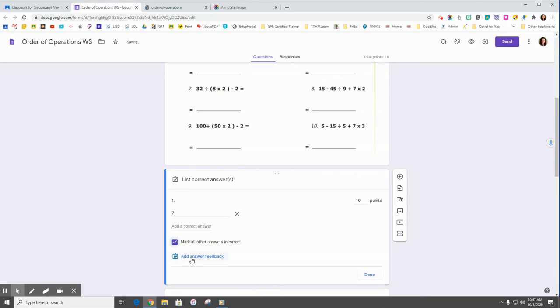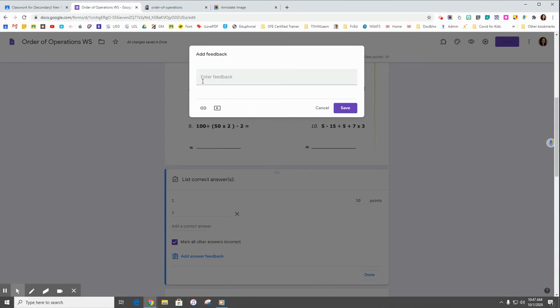Now this is really cool. Right here, you can actually add answer feedback. So you can put information here, like if they missed it, you could literally type, the answer is 7, this is why, or you could record yourself working the problem and put it on YouTube. You could add a link to how that order of operations works. You can add anything right here for remediation, which is really, really cool, especially if you're going to have the